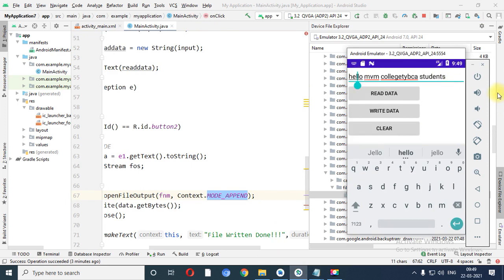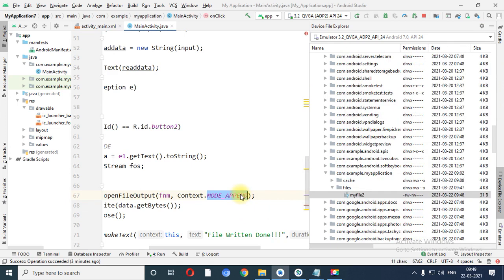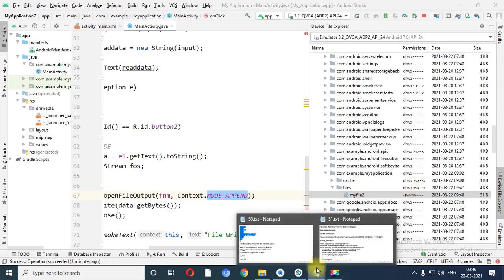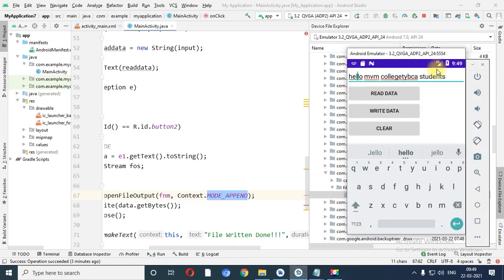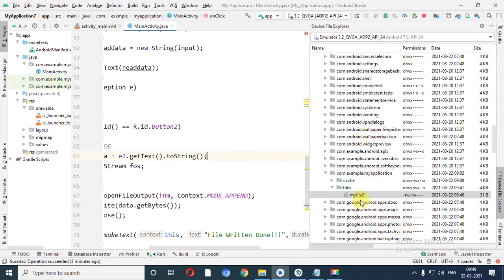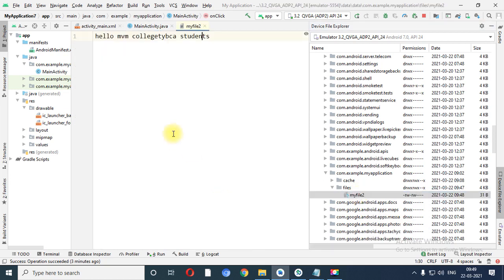So remember one thing, that our mode is append, so older content remains as it is and new content is appended into the file. Suppose your file contains older content, then what you need to do, right click on a particular file and click on synchronize to get the updated file.